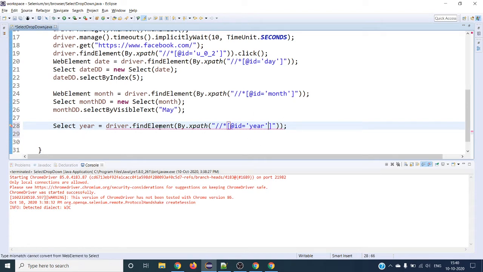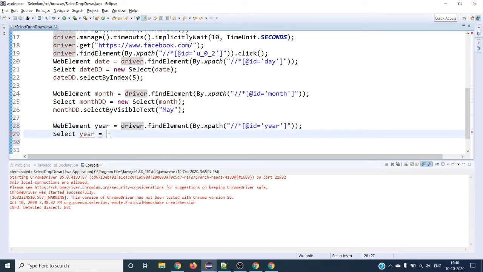Right, so this is going to be a web element. This is going to be a year, and for this year drop down, new select. So this is going to have year reference variable for the particular element, right?